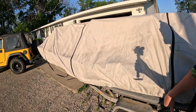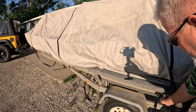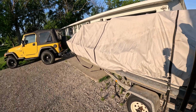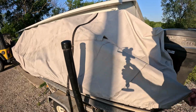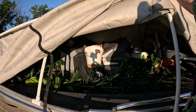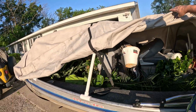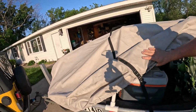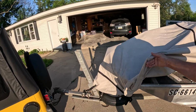And the boat cover didn't have to do a thing to it. I just checked the straps every now and then. It was fine. And it rode the whole way this way. I don't know if this is necessarily a towable cover, but with this well backbone that I put under here, as you guys saw me do in an earlier video